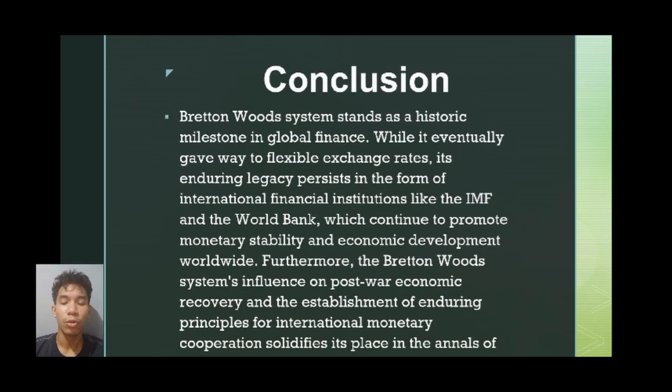Conclusion: the Bretton Woods system stands as a historical milestone in global finance. While it eventually gave way to flexible exchange rates, its enduring legacy persists in the form of international financial institutions like the IMF and the World Bank, which continue to promote monetary stability and economic development worldwide. Furthermore, the Bretton Woods system's influence in post-war economic recovery and the establishment of enduring principles for international monetary cooperation solidifies its place in the annals of